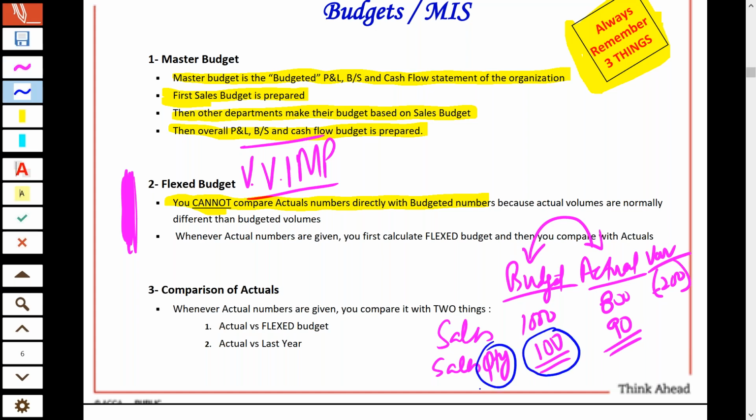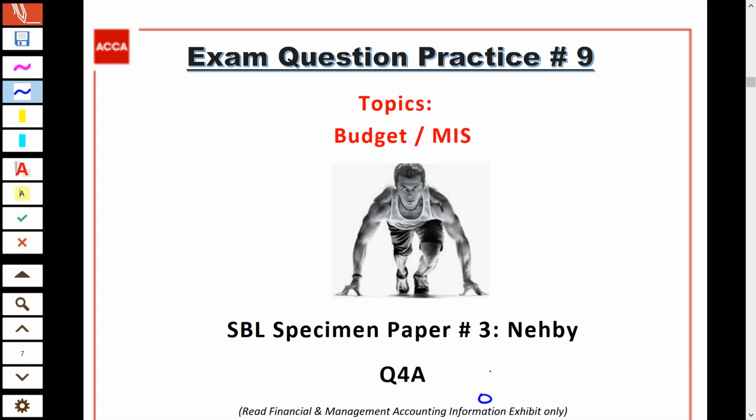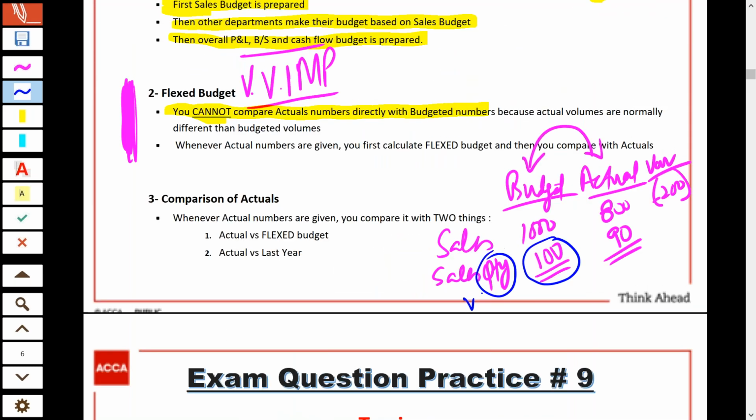So if there is a difference in the budgeted volumes versus the actual volumes, then whatever amounts you are comparing, it's not an apples to apples comparison, because the budgeted revenue is based on a volume of 100 cars, and the actual revenues, costs and profitabilities are based on the